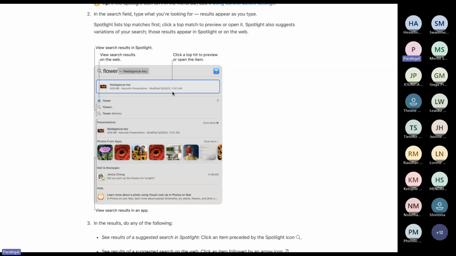Why is this important? This is important because it is actually your lifesaver on a MacBook. If you want to find anything on a MacBook, the quickest way to find it is to use Spotlight. Spotlight is one of those features that come up with the application itself,